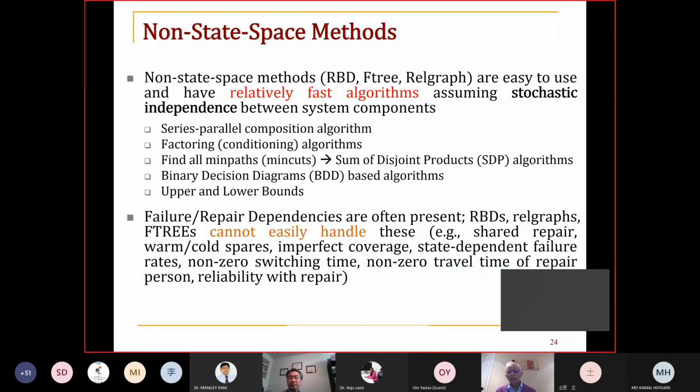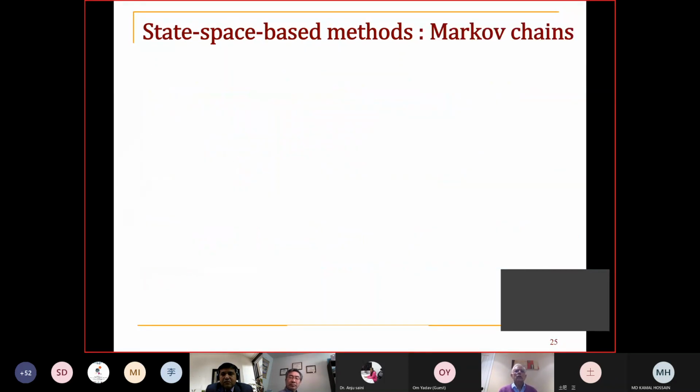There are many situations that demonstrate that dependencies do occur, and we need to capture them in order to make our results meaningful. If you ignore these dependencies, the reliability and availability results produced by your models may be way off. And so we need to move beyond these very simple non-state space methods to what have been called state space based methods. And Markov chains are probably the most important